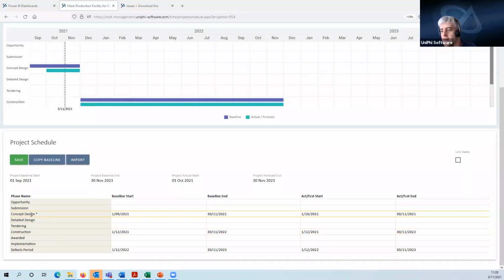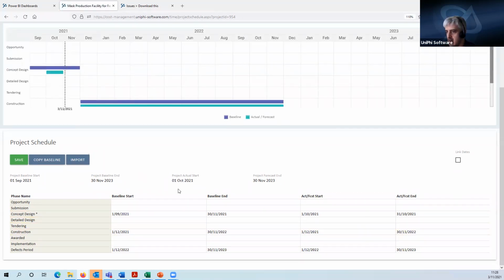So I should point out as well, while you're having a play, that the concept design phase here has got an asterisk next to it. If I hover on that, it says this is the current phase. Now, the only place where that'll get a bit tricky is remembering that the current phase is the one you're in now. So your actual dates have to be within the date that you are in now. So for instance, if I was to say, oh, this ended on the 31st of October and hit save, well, Unify's not getting grumpy at me. But